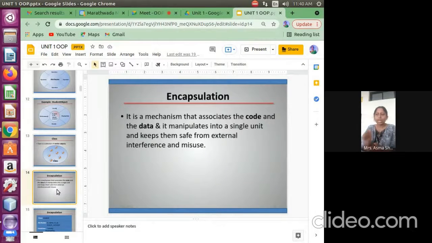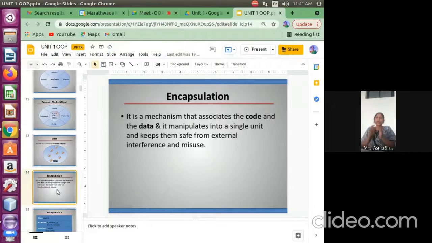A capsule contains the medical item, which we eat for precautionary measures or for health issues. So encapsulation means combining the data and the code together. That is called encapsulation.